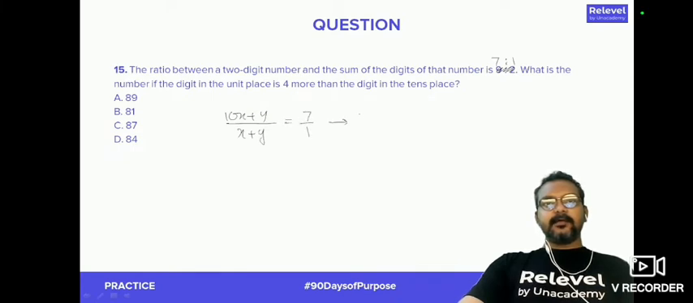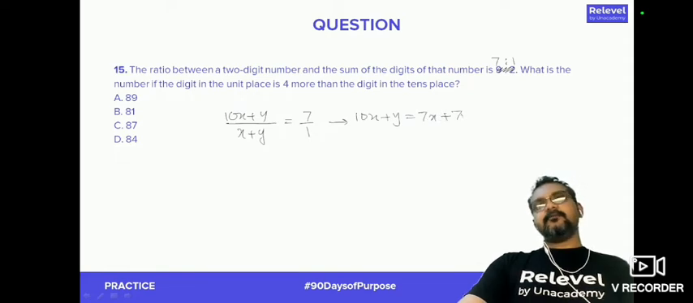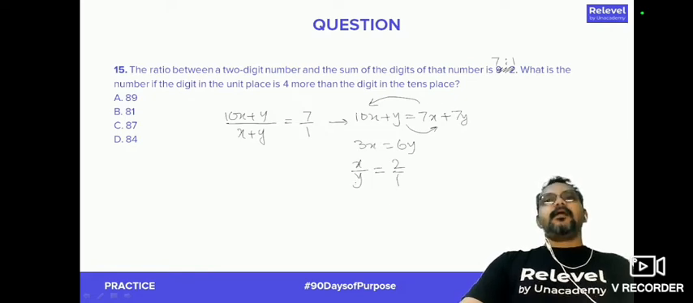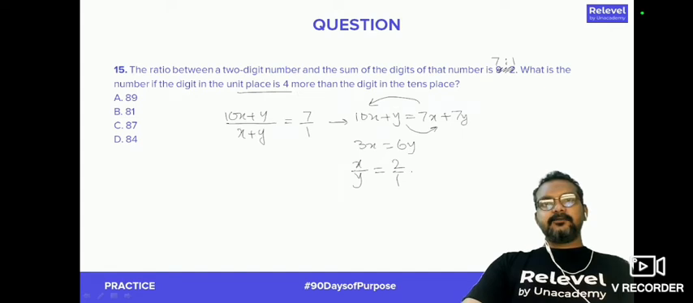Cross multiply. 10x plus y is 7x plus 7y. 7 goes, x goes this side, y goes this side. So 3x equal to 6y. So x by y is 2 by 1. And we also want the digit in the units place. So that is y. So here, what is x by the way? 2y, right? So the digit in the units place, y, is 4 plus the digit in the